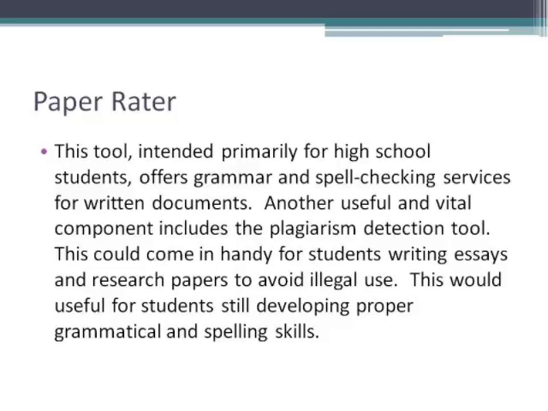The final tool I chose to address was the Paperator. This tool, intended primarily for high school students, offers grammar and spell checking for written documents. Another useful and vital component includes the plagiarism detection tool. This could come in handy for students when writing essays and research papers in order to avoid illegal use. This would also come in handy for